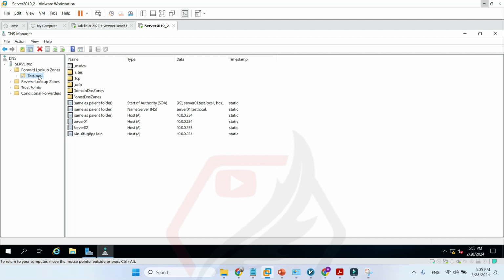For example, if you have Microsoft Windows servers, you can add computers by their name and IP address to resolve their names. When a client wants to connect to another system by its name, the server will translate that name into an IP address and give the IP address to the requesting client, and the client will resolve it and go with the received IP address to that system. Well,